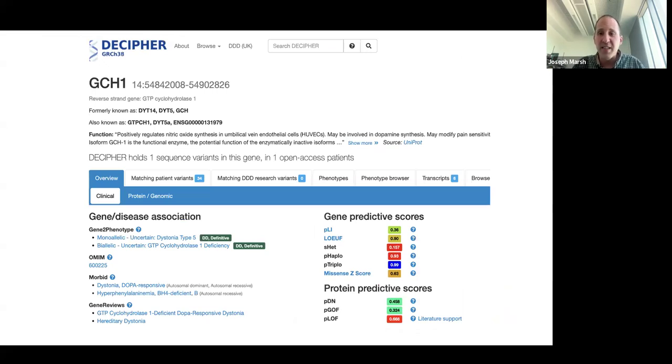So this is a database that clinicians are very widely using for variant interpretation. So clinicians that are trying to make a diagnosis in a patient, they go to DECIPHER. This is hosted at the EBI in Cambridge. And they can look up information about their gene. And right on the main page now, we've got our mechanism prediction scores. So we're very excited that we think this is actually potentially starting to have real practical utility now.